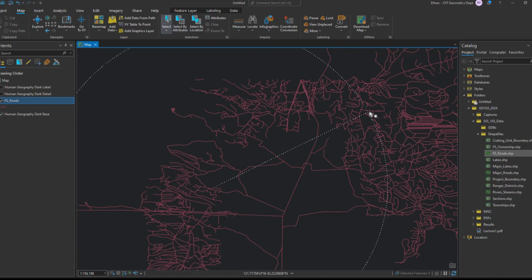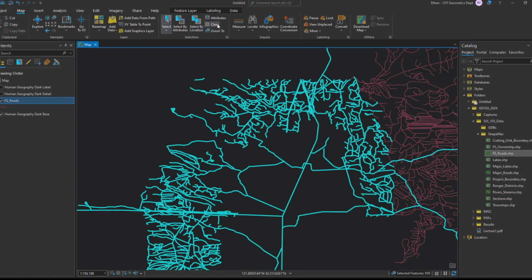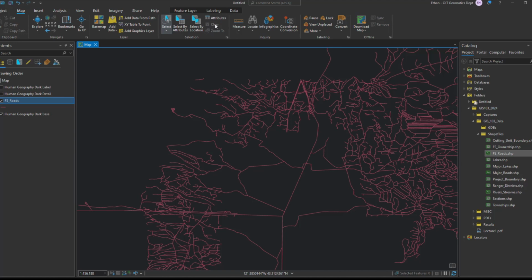Whenever in ArcGIS you run a process or an analysis, it only runs on the features that are selected. So before you do that, you should always check this and see if it is not grayed out. If it's not grayed out, that means you have something selected, and it might just be one tiny little line segment. So you always want to check to make sure you don't have anything selected, unless you want to only run it on the selected features, then it's fine. So the select tool is one way. The next way is to select things